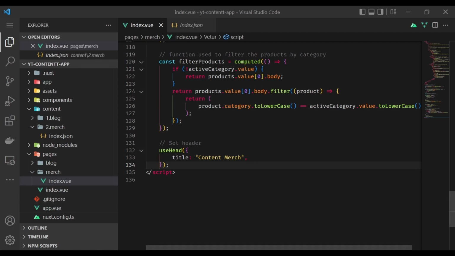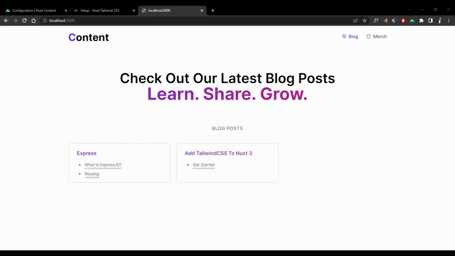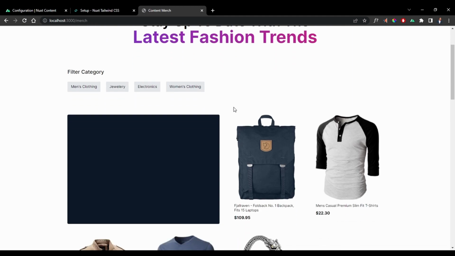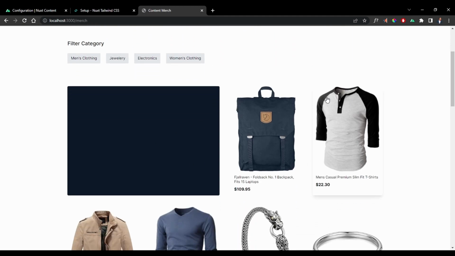And visit Chrome. Alright, so the page just got reloaded. So let's go to our merch link, and there we go. Our products are displayed. Now you're seeing this blank box because the discount component was not created, but you can